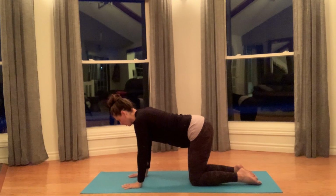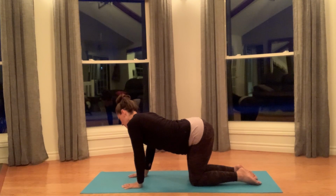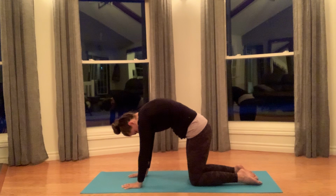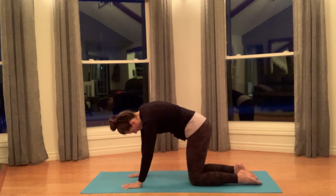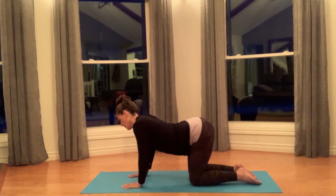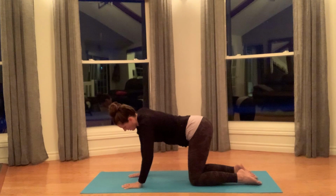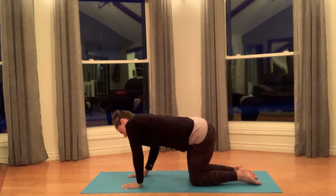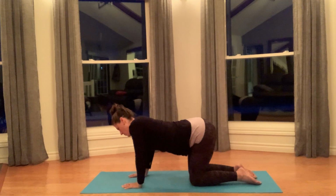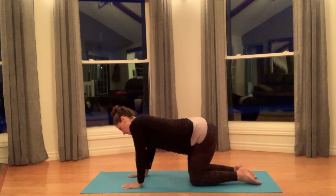We're going to do rib circles. So you're going to arch your back and you're going to bring your ribs over to the left side and then ribs up towards the ceiling, rounding your back into cat. Ribs go over to the right and then slowly back to center with an arch back. So you're rolling in a circle. It's like you're inside a barrel and you're trying to clean out the inside wall of the barrel using your rib cage and your spine. So you're rolling in a circle,